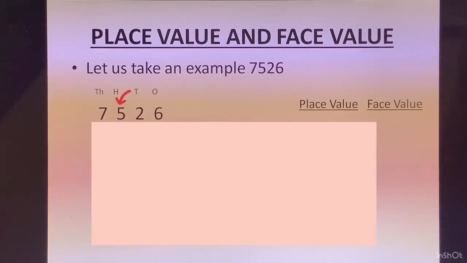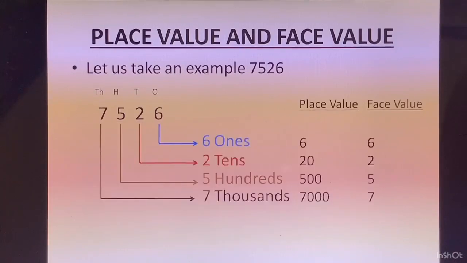You have to find the place value of 5, write 5. And then how many digits you have on the right of 5? You have 2 digits in this particular example. So these 2 digits you will convert into 0. That means 5 followed by 2 zeros. The place value of 5 will be 500. I hope with these examples you have understood the concept of place value and face value. Now let us do a worksheet to enhance our understanding further.